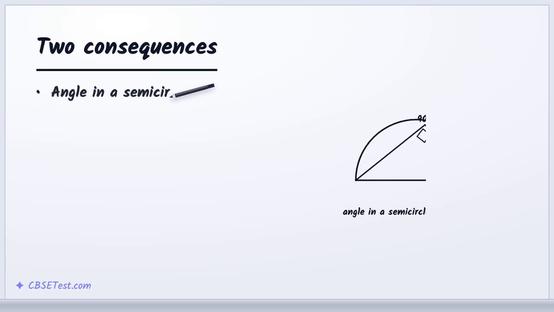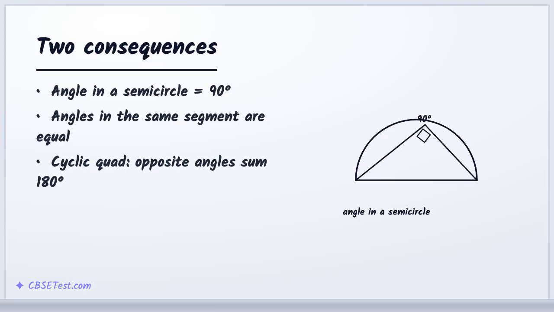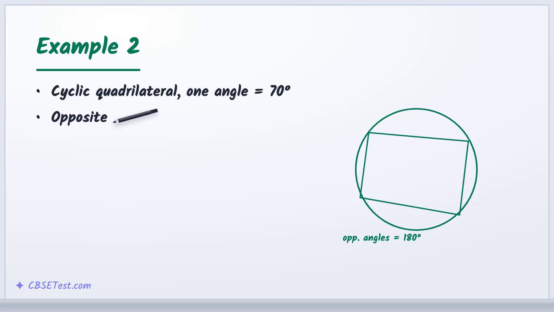Two important consequences follow. The angle in a semicircle is a right angle, and in a cyclic quadrilateral, one whose vertices lie on a circle, opposite angles add up to 180 degrees. In a cyclic quadrilateral, if one angle is 70 degrees, its opposite angle must complete 180, so the opposite angle